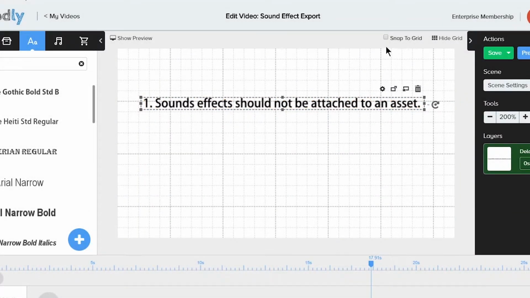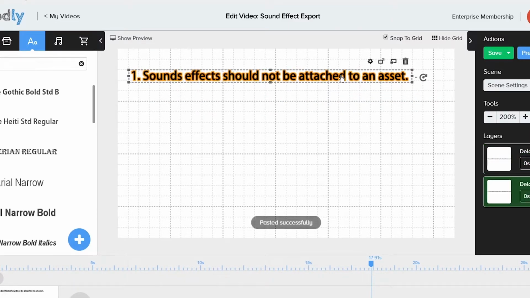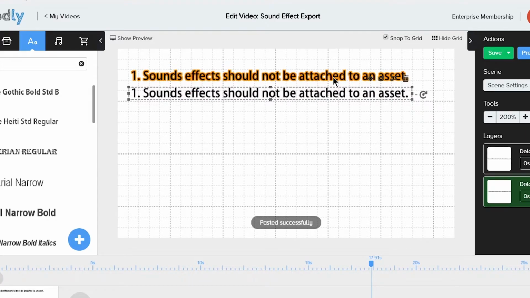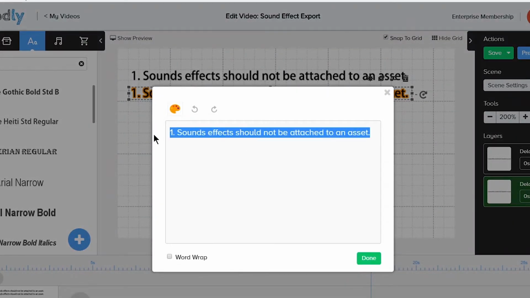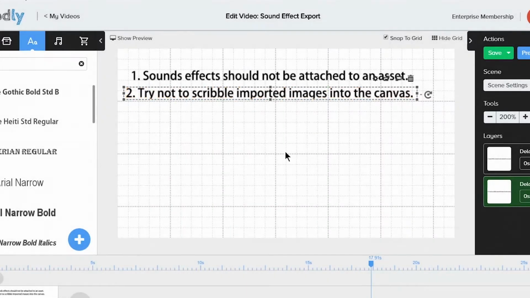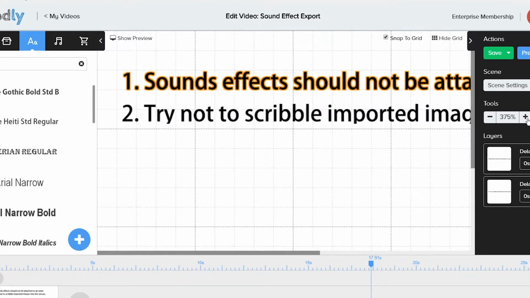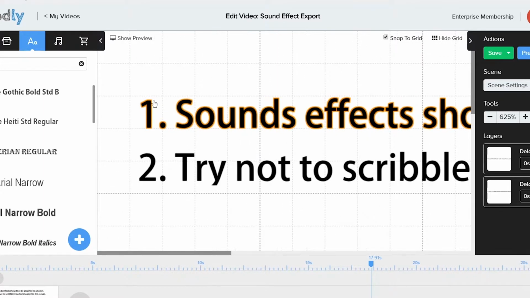If we turn on Snap to Grid, the text will snap to the areas predetermined by Doodly. Now I can copy and paste and change the text. Doodly center aligns everything, so be prepared to make a lot of left alignment adjustments. You can only view the left, center, and right alignment options if you have more than one line of text within the text box. If we zoom in now, we can see that the alignment using the Snap to Grid